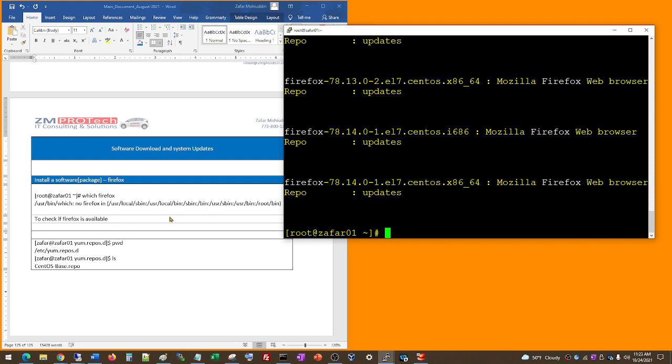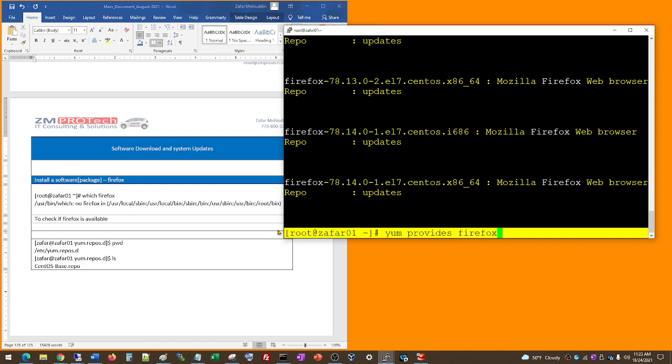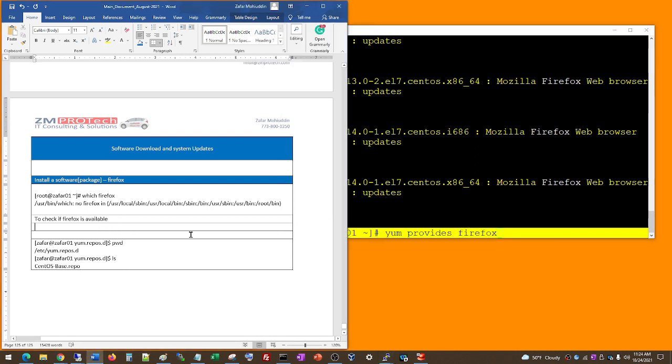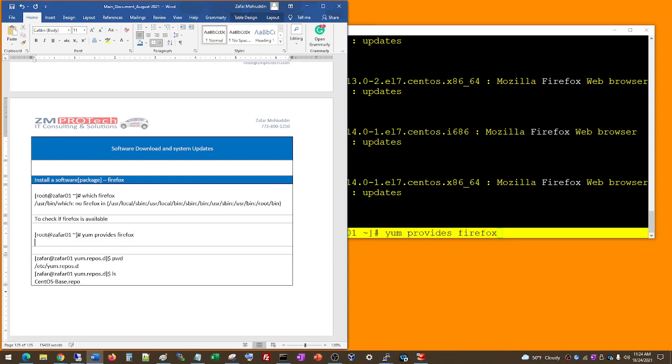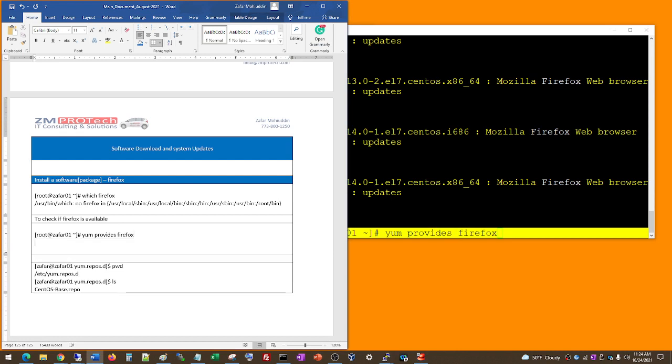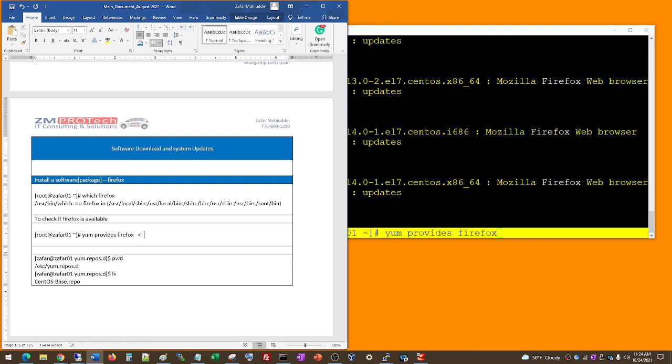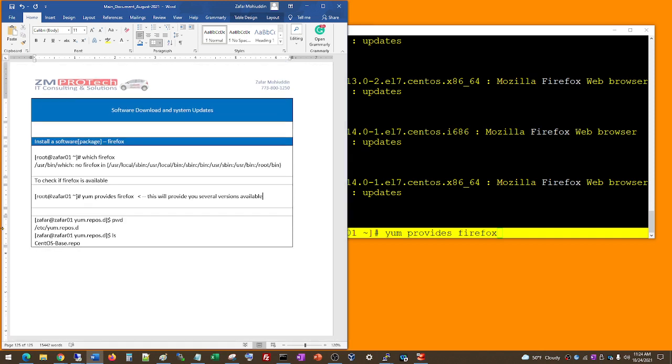So this command will provide you the different versions of Firefox. Most of the time it's a good idea to install the latest version. Okay,